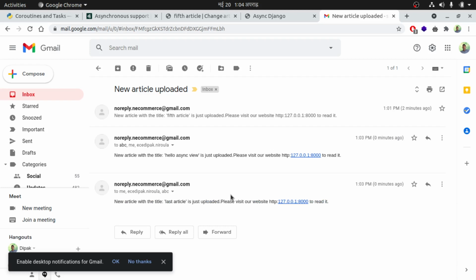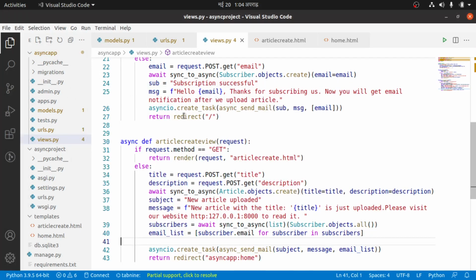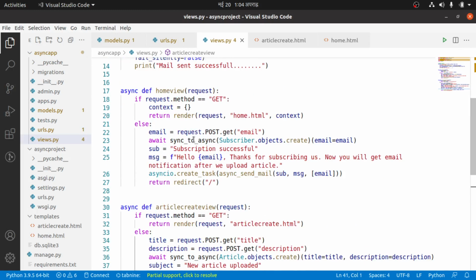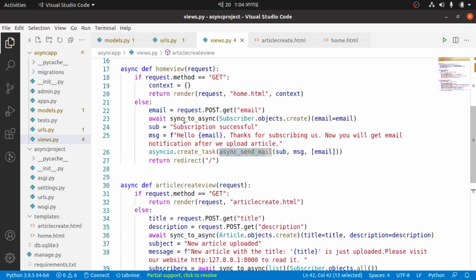So in this way you can use async view to do background tasks. To do a task in the background, we need to use the asyncio.create_task function and wrap our function inside it. So it will throw our asynchronous coroutines to our event loop. And after that